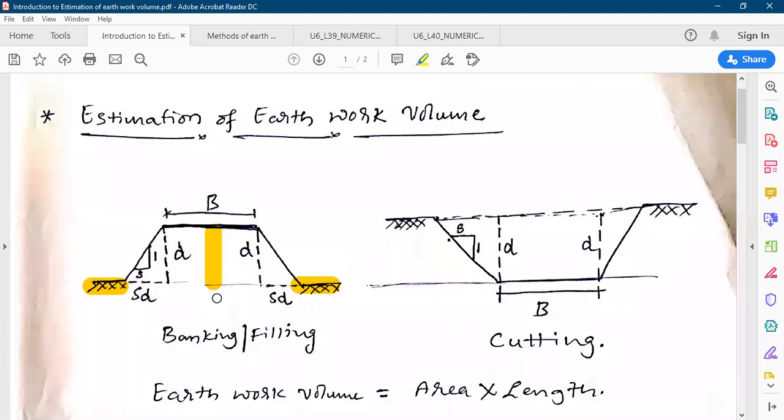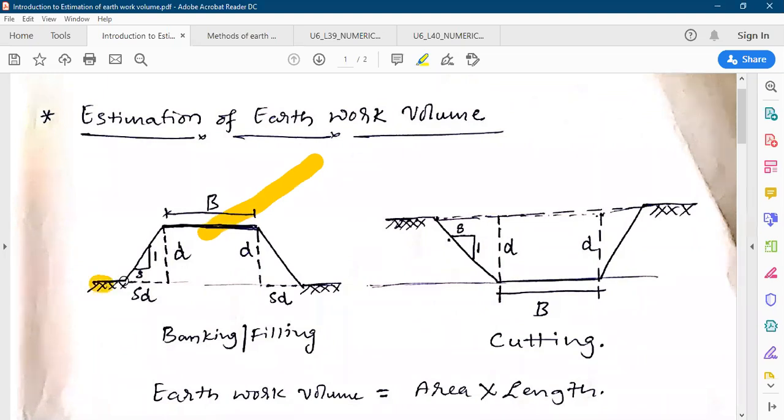In order to reach the formation line, generally the earth surface will not be uniform, it will be non-uniform. In order to get the uniform surface, we need to fill the earth surface at some places, and we need to cut the excess amount of the earth surface, over this formation line. So there will be a formation line like this over the length of the road.